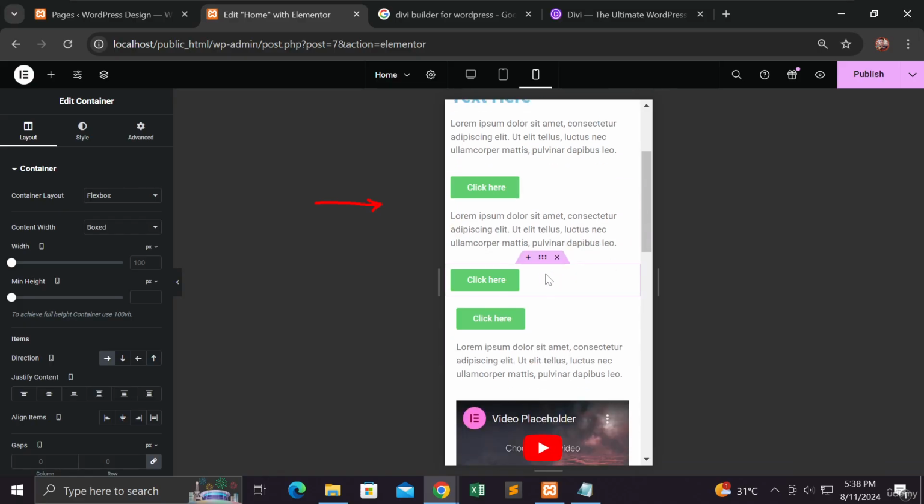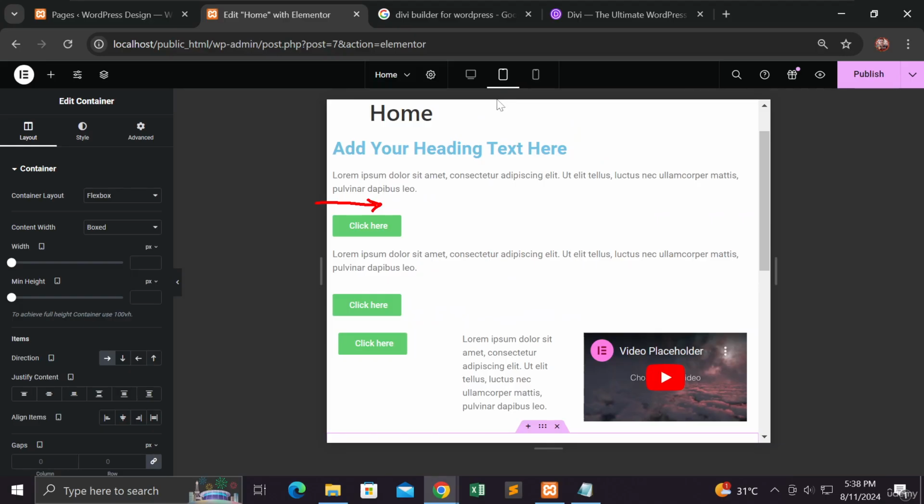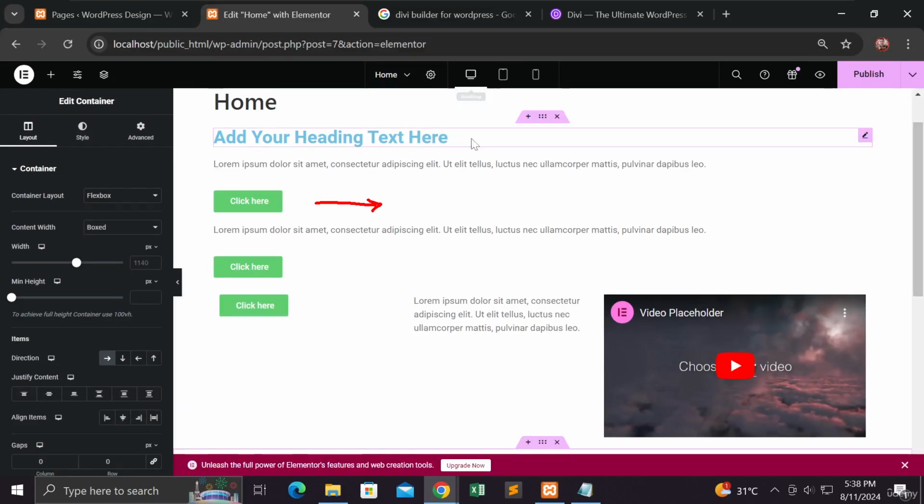So when we say responsive, they act naturally or automatically. They set themselves to be on that particular view, desktop view and then tablet view. Okay, so I haven't